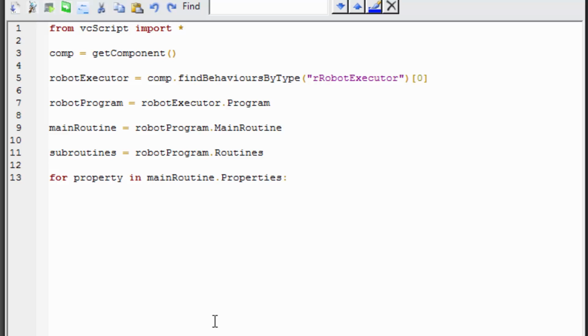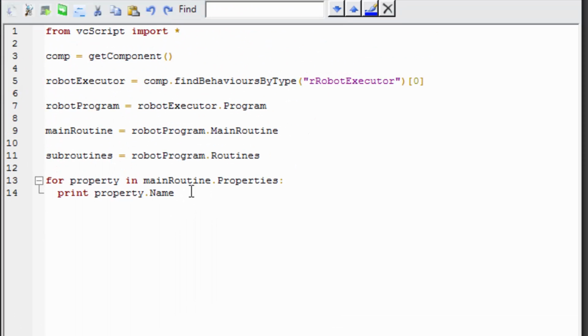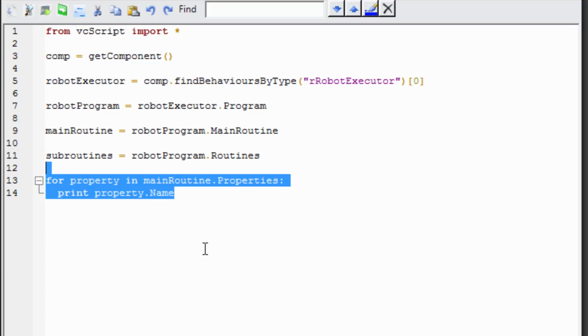This is a list of properties in the main routine. Let's print out their names, so print property dot name. Let's compile the code, and we can see in the output panel we have the name property and that count variable. So you can do that for any routine in the robot's program. Just get the properties to get handles for the variables.